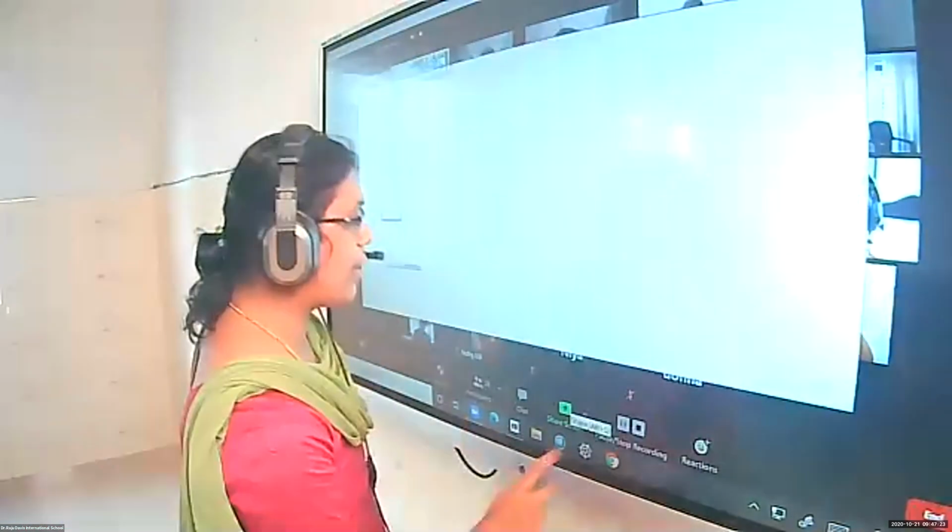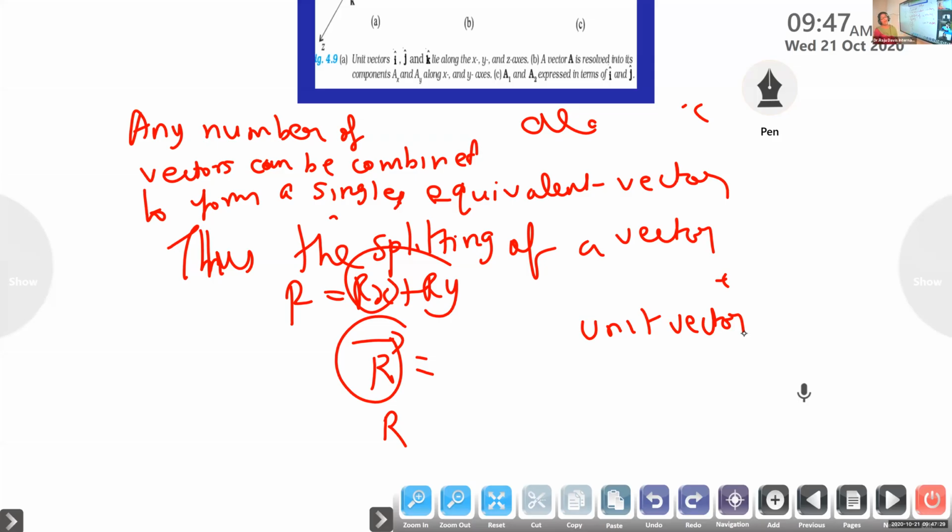Okay, so let me go back again. Don't switch off your video now. Just see it. Similarly, instead of saying A cap, we are going to use unit vectors in terms of I, J, K. We use these letters for complex numbers in maths. So I cap, J cap, K cap. I is a unit vector on the x-axis. J is the unit vector on the y-axis. And K is the vector on the z-axis.